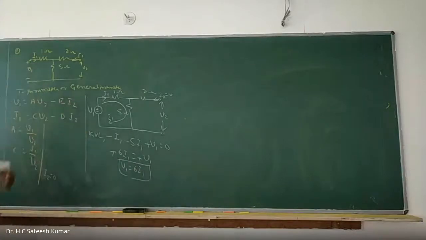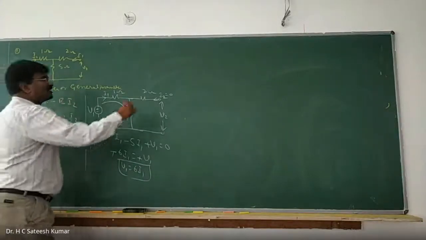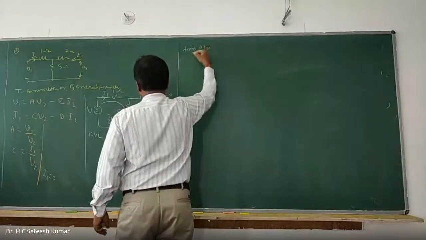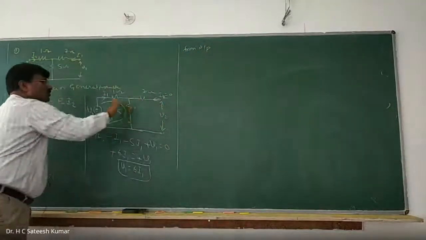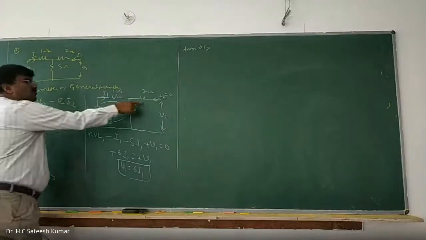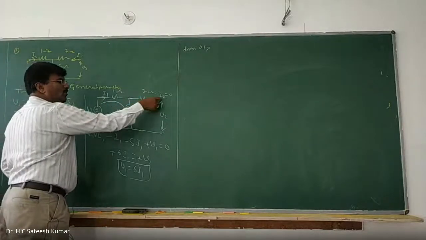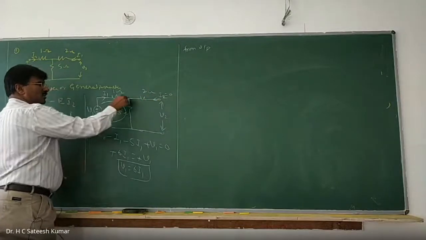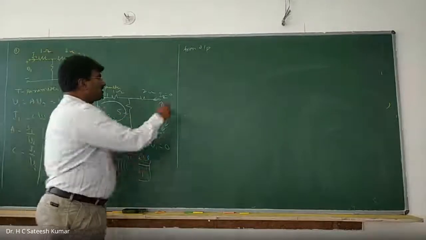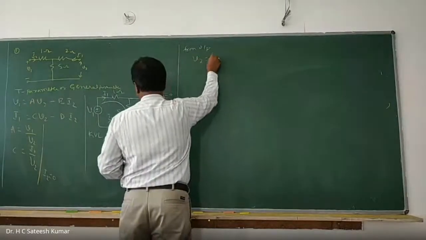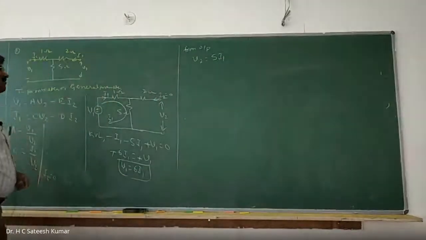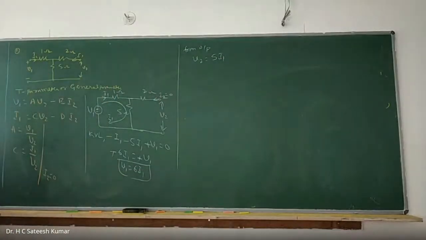Now go first from the output side. What will you get? From the output, this voltage is nothing but equal to this voltage, because there is no drop across this one; current will not flow, it is open circuit. This voltage is going from here to here, right? V2 is equal to 5 into I1. See that? V2 and I1, we have an equation, therefore we will get C directly.